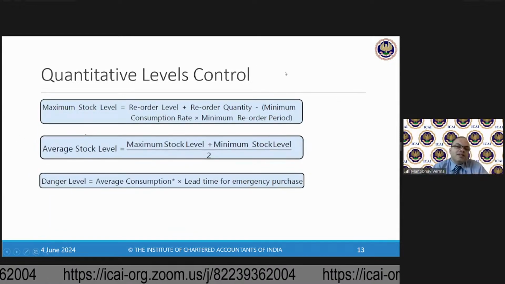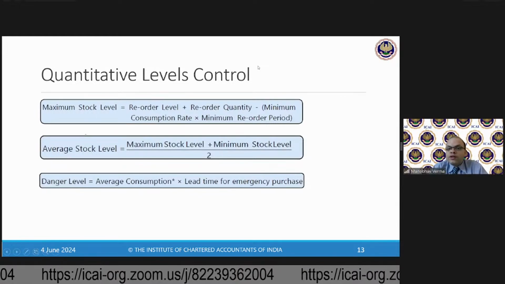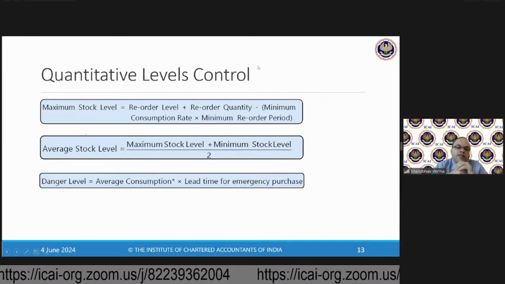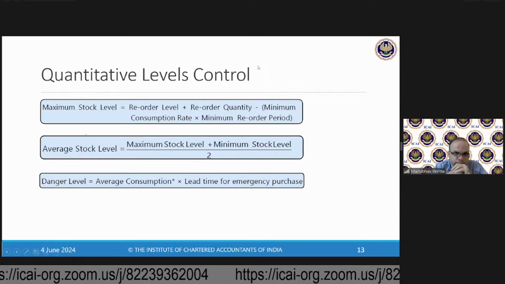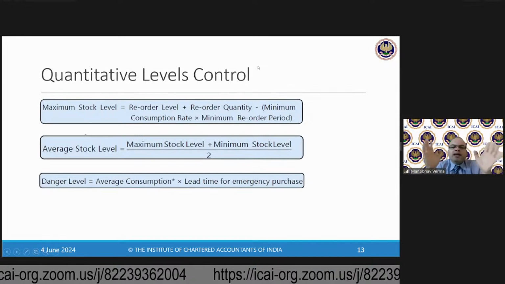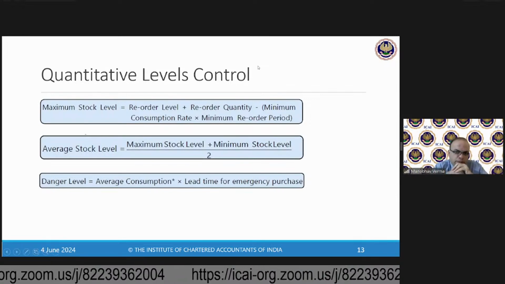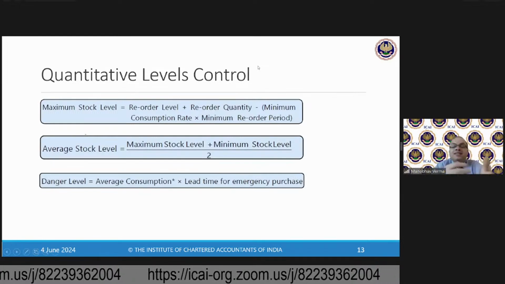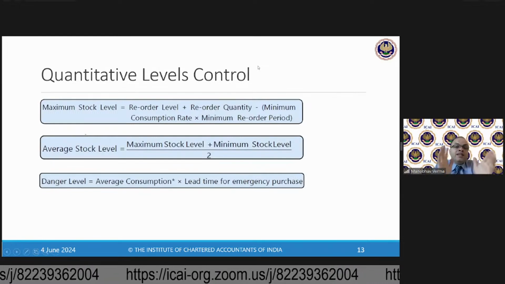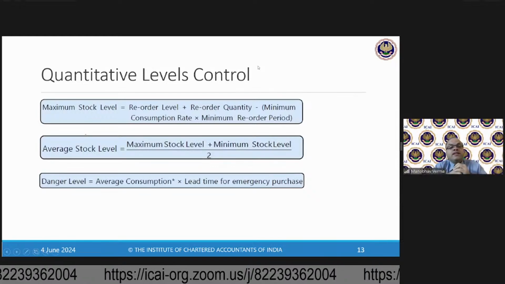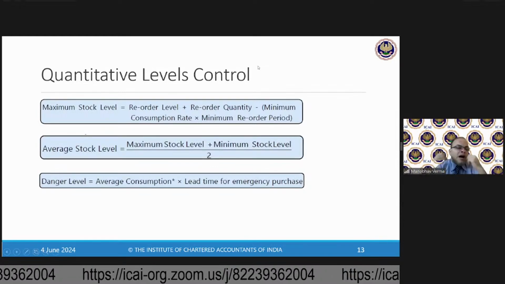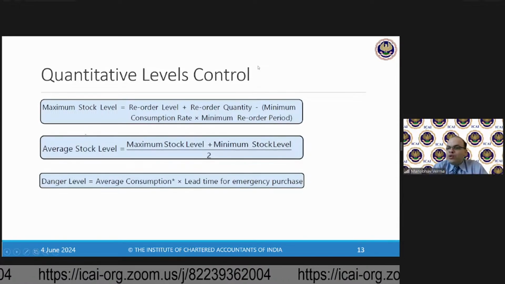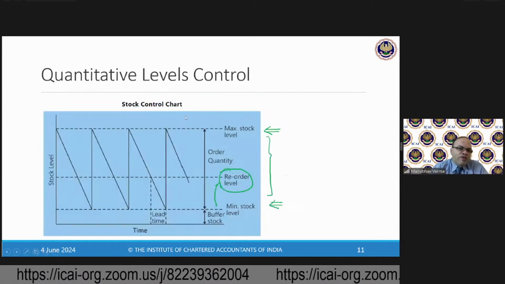So maximum stock level is ROL plus EOQ minus the minimum consumption into minimum reorder period. So what we are trying to achieve here is the highest level of quantity that you can hold in stock for any material at any point of time. Because if you go beyond this, you are unnecessarily blocking your funds. You do not need that. You're unnecessarily incurring cost of storage. You are unnecessarily leading to a situation where you may have obsolete materials at some point. So maximum is more of an upside limit. You cannot go beyond it. I think if you relook at the diagram which I showed you, this reminds us of